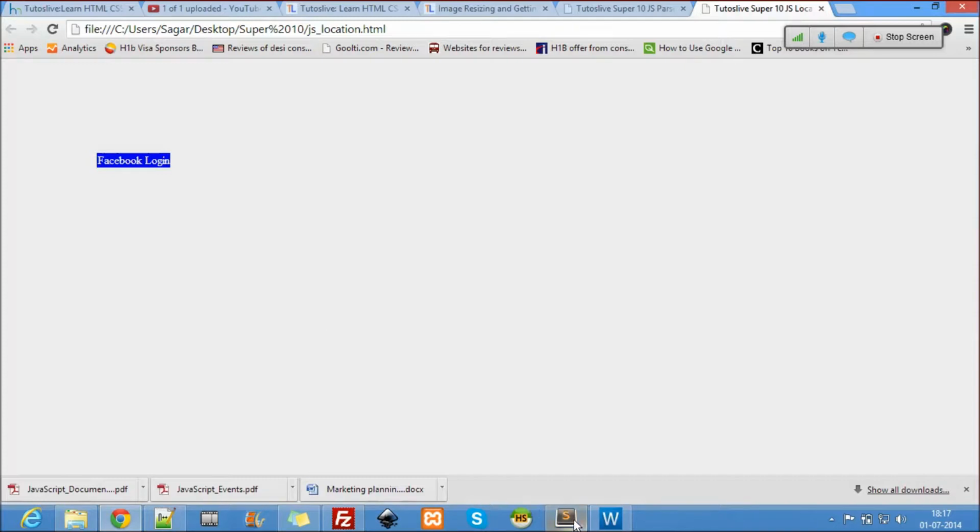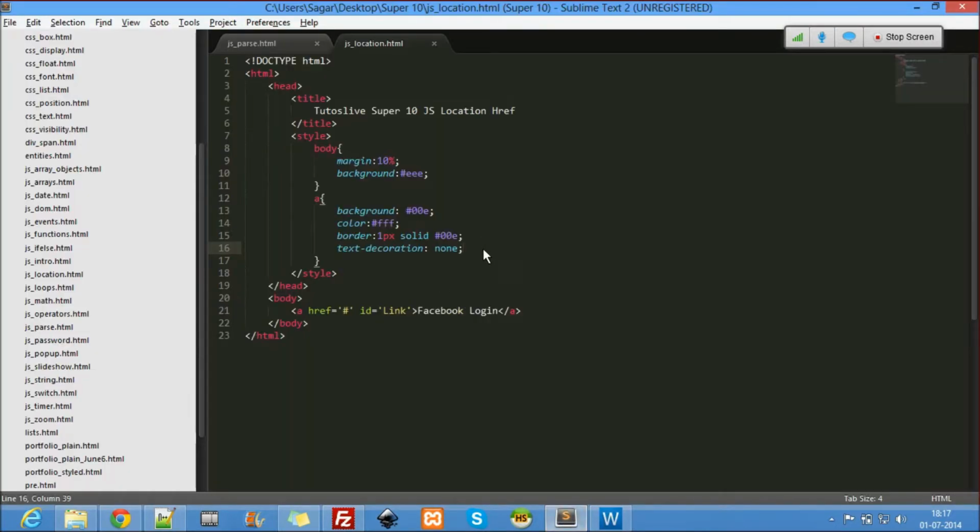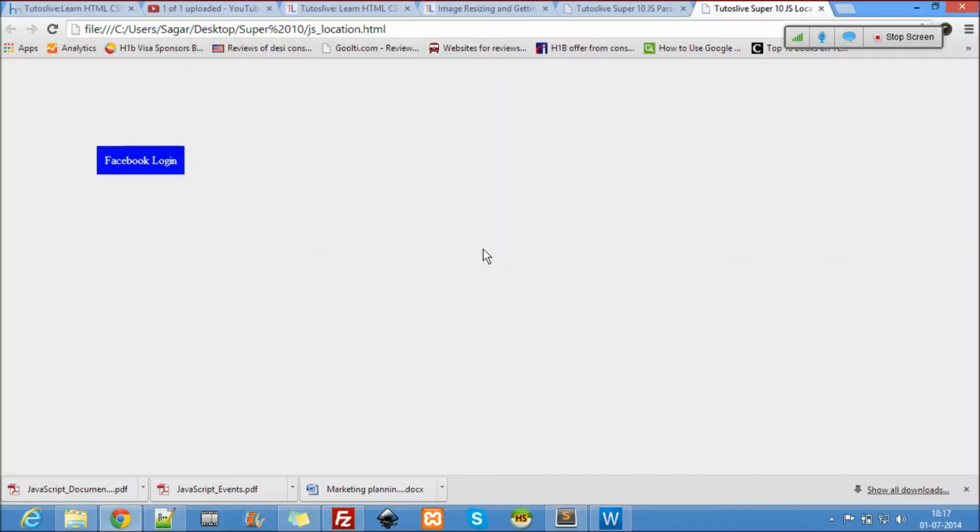Okay, that's a Facebook login over there. So I need something else there. That's a padding. 10 pixel. Okay, that's a Facebook login. So when I click, nothing is really happening. I don't even know that's a link, right? It looks like a link, but it's not a link, right? So just give me a second here.